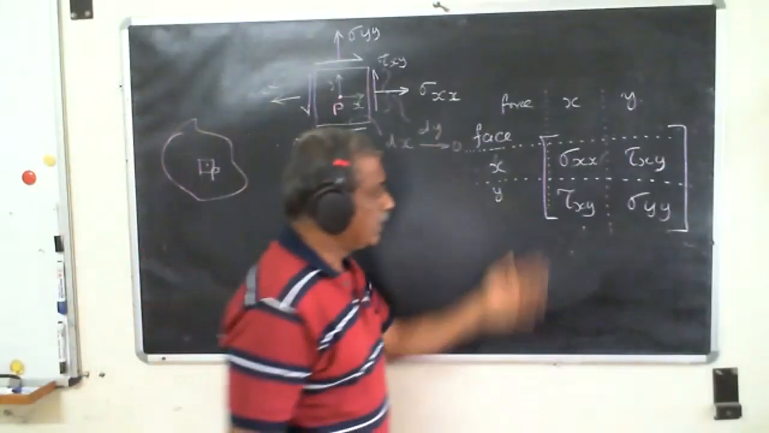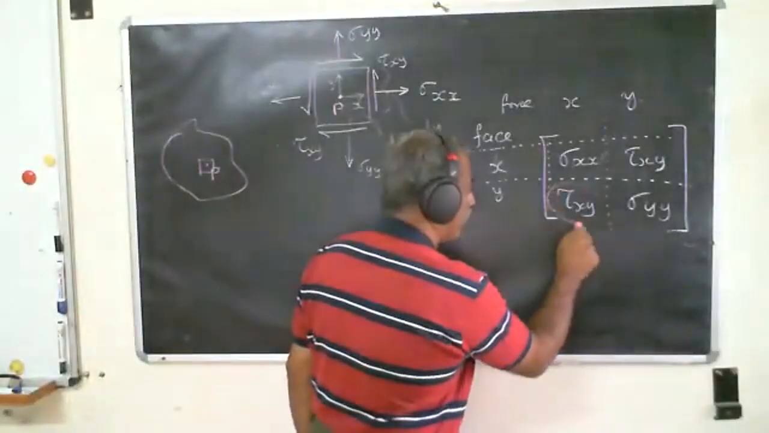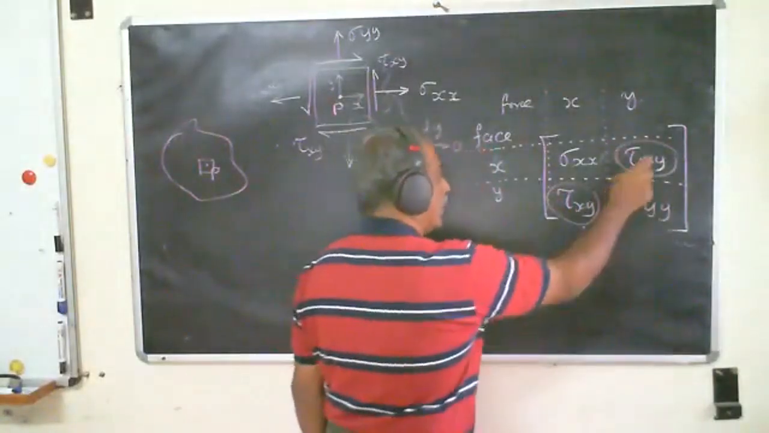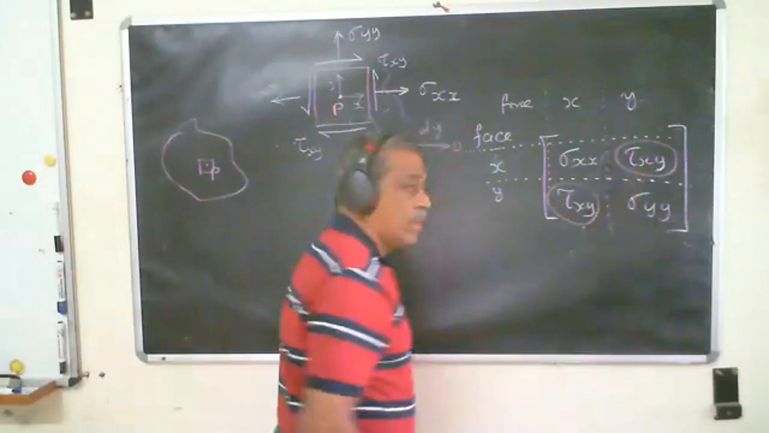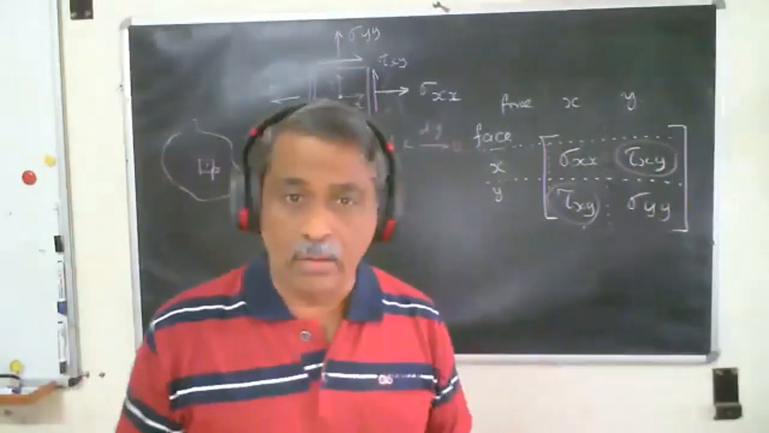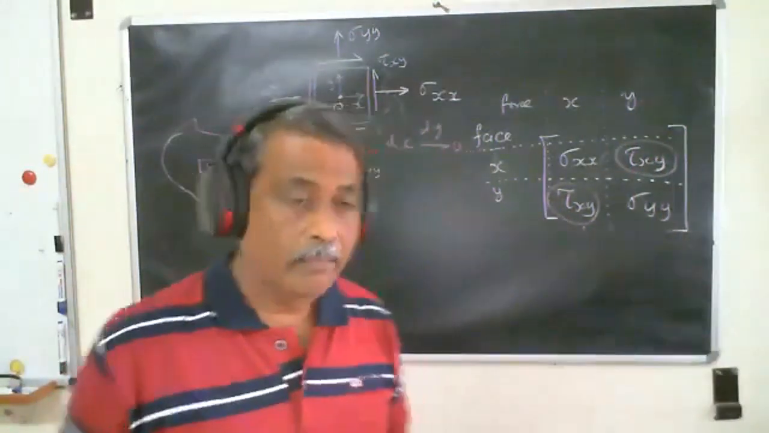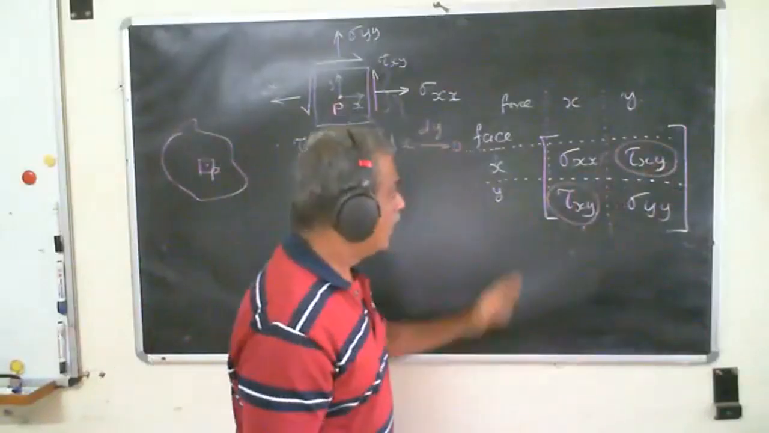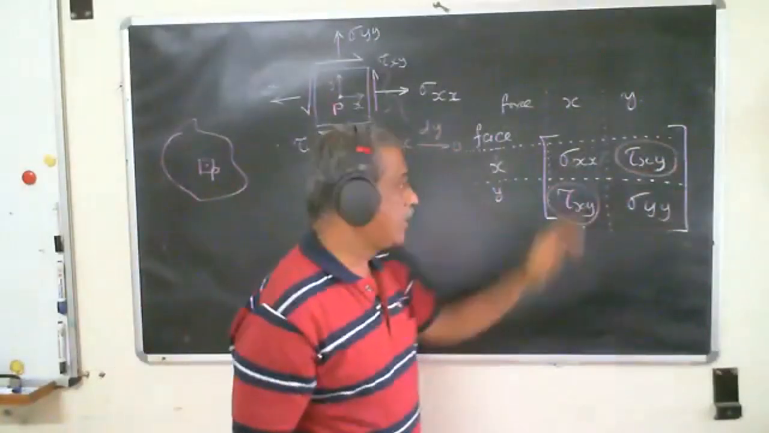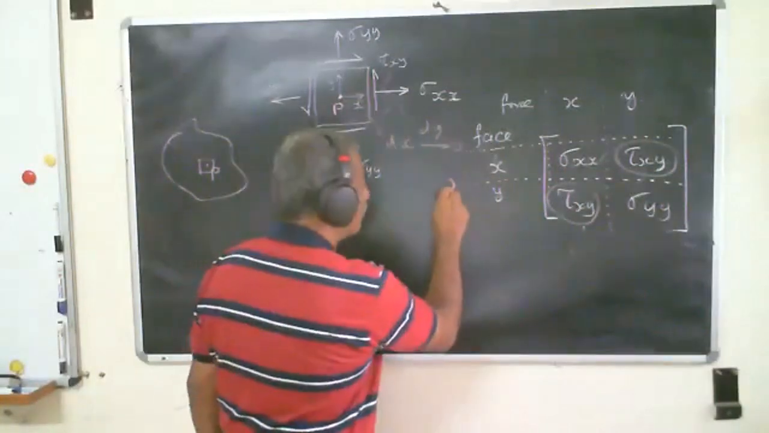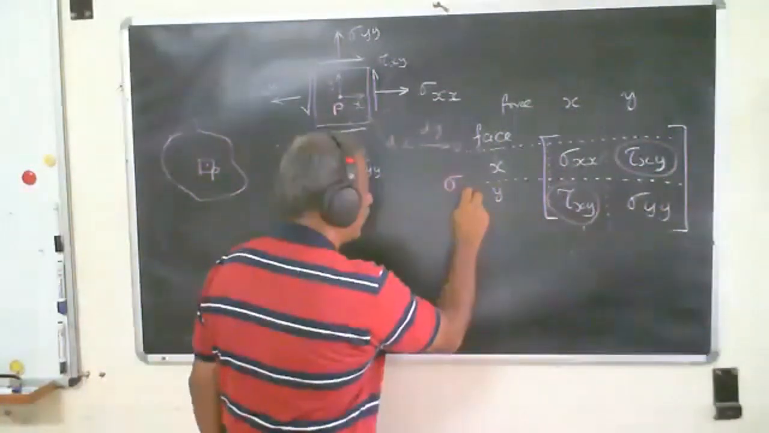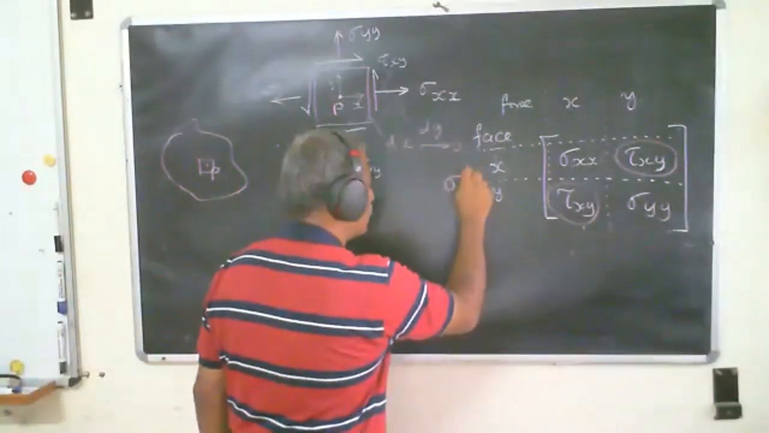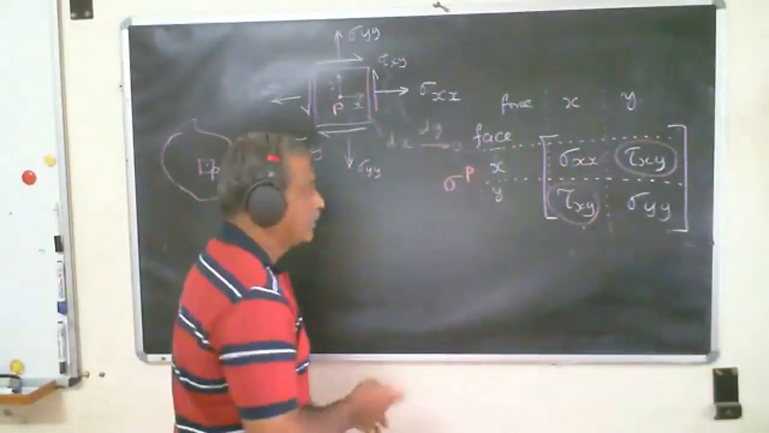And we also found out by enforcing equilibrium that these two, tau yx and tau xy, are one and the same, right? If tau xy and tau yx are one and the same, and if I write it in this kind of matrix form, I'm just going to say sigma at P. Okay, so I'll use this. Sigma at P is equal to,